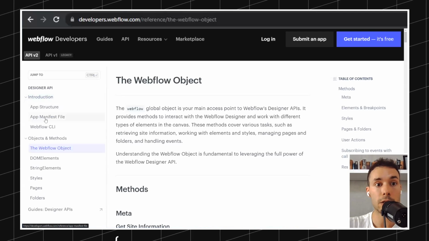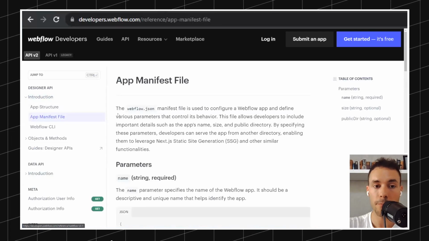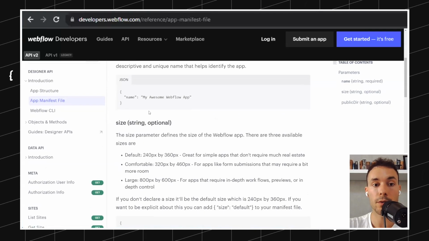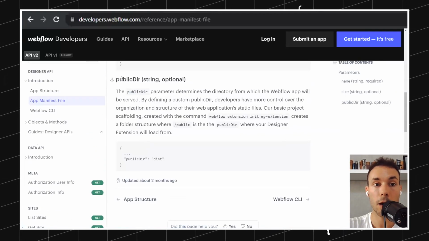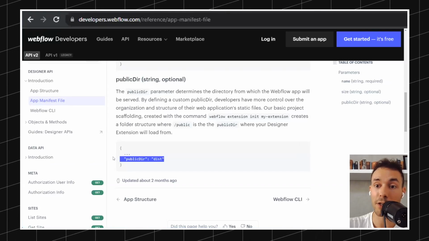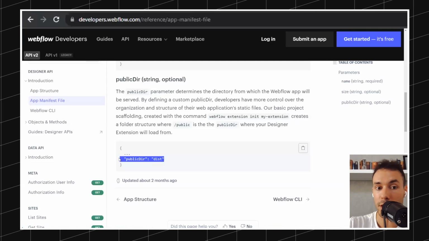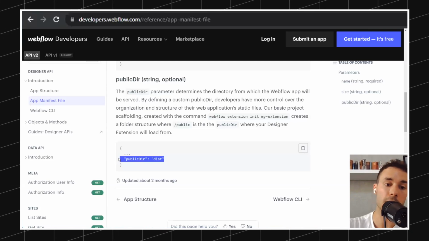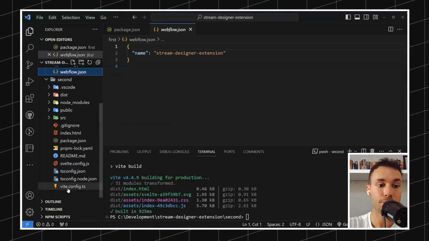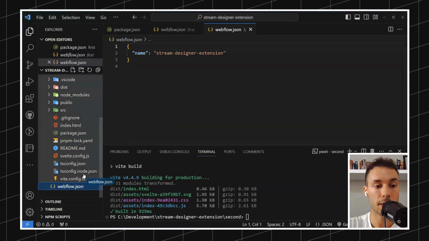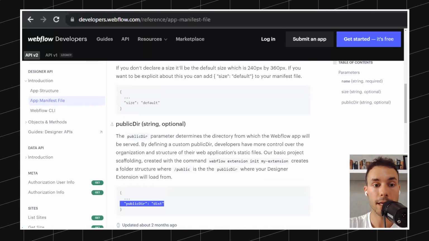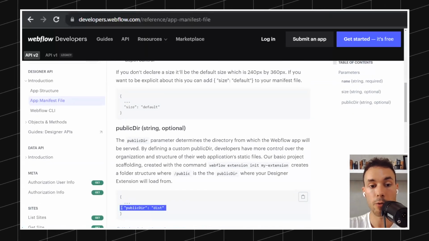And we can do that. So if we go to the app manifest file, in the Webflow.json file, we can also define the public there. And you can see already how this is a very common use case where people actually have a dist folder instead of a public folder. So I'm going to just copy and paste the Webflow.json from the previous stream in here, not in here, but in the second. Yes, and I'm going to add the public there. It's equal to dist,